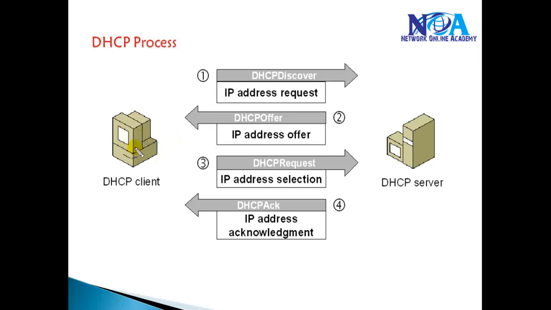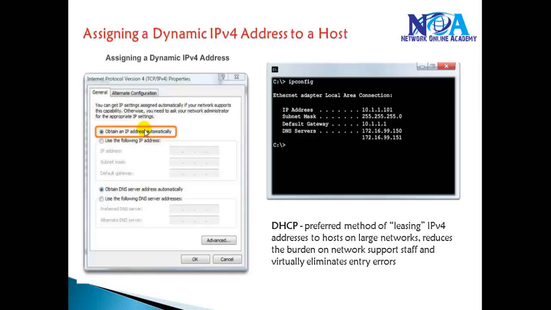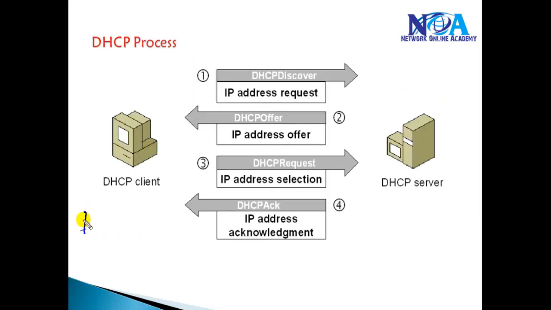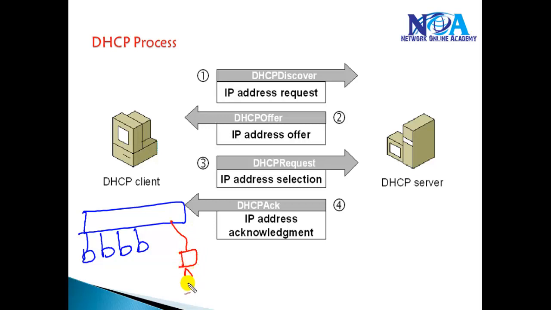Whenever you select the option obtain the IP address automatically, let's take an example. I have a LAN here, and in this LAN I have some computers and also a DHCP server. This DHCP server can be any Linux or Microsoft server operating system, or we can also make a router do the job of a DHCP server. In these Cisco courses, we will go with a router doing the job of DHCP, but it can be any DHCP server.